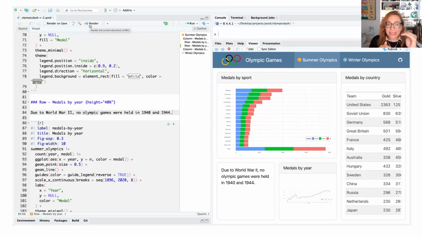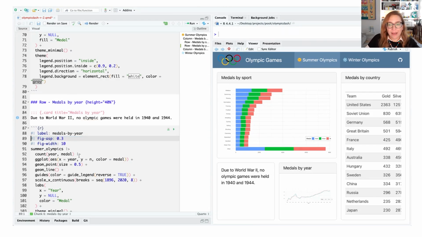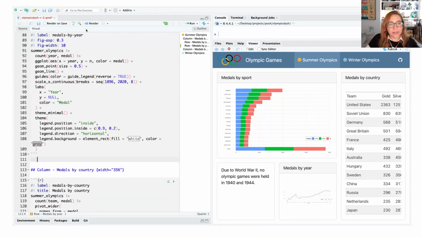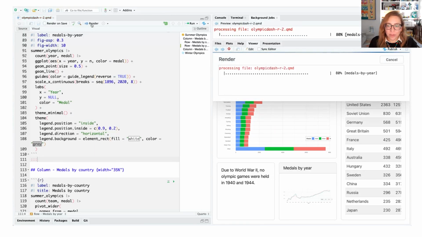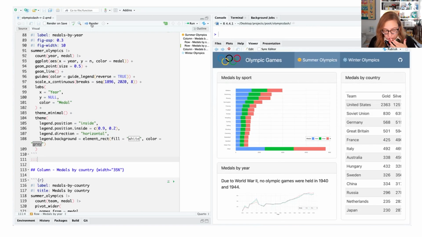So I need to say these two pieces of content, markdown text and plot, need to go into the same card, which means that I need to define a card using a fenced div. So let's do that. This is a card. I will give it a title. So I can actually remove that title now from this plot. It becomes a moot point. We don't want it to have another title inside of that. And then at the end of that code cell, I can close that fenced div. So this will encapsulate those two pieces of content in the same card, as we can see on our output.